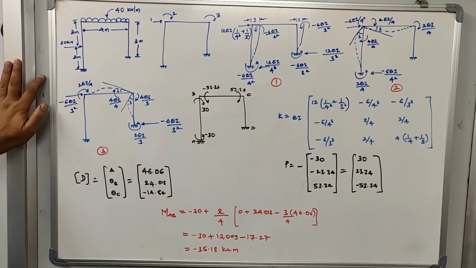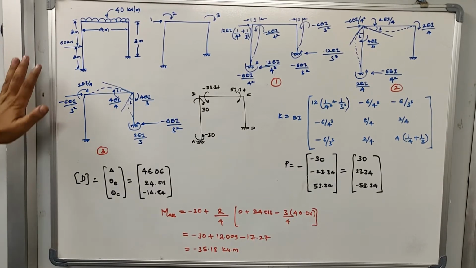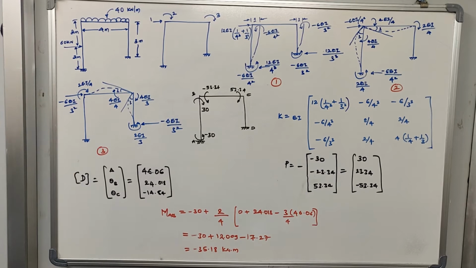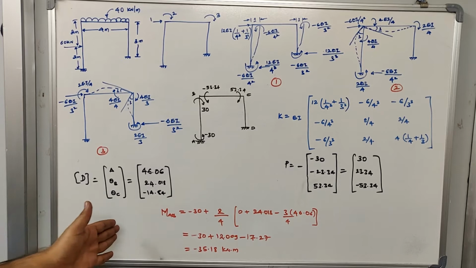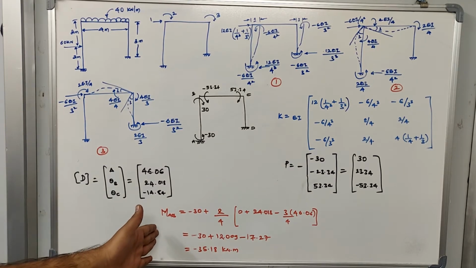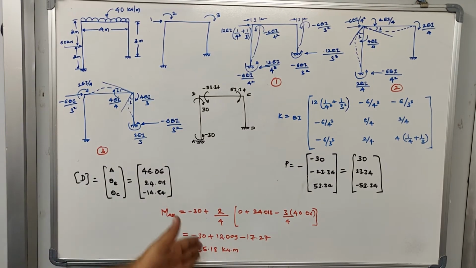So let us solve another sway frame. This is the problem which is already solved using slope deflection. As I told you earlier, we are solving most of the problems which are already solved in slope deflection itself, just to verify the solution that you get and also to make your solution part easier, because you need to write the slope deflection equation again to solve the end moment. So I am just trying to simplify it, and I am using the same frames which are already analyzed in slope deflection.